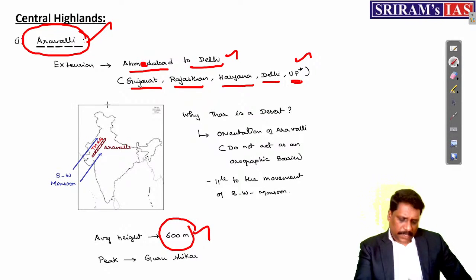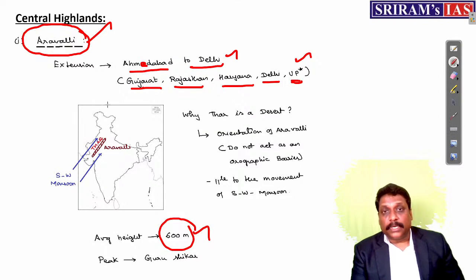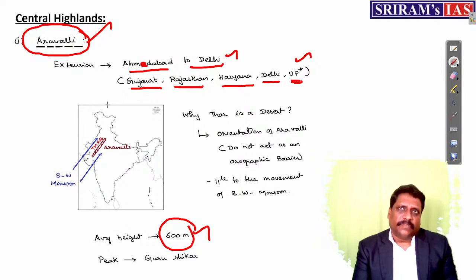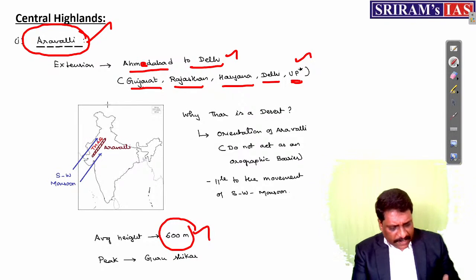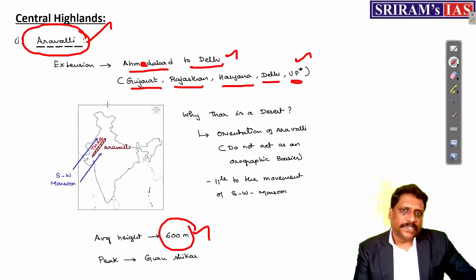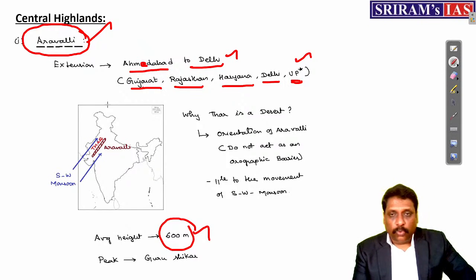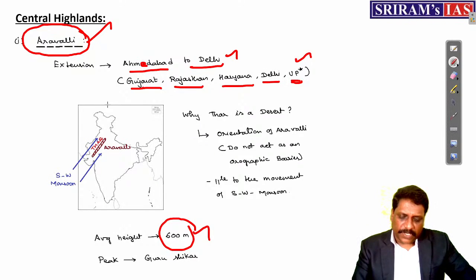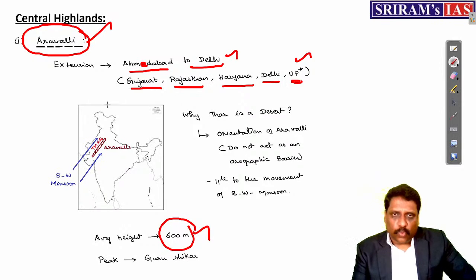See, for example, last class we talked about desert formation. And somewhere I told you, say, for example, what exactly is the primary reason for the formation of a desert? At least I told you that there are three reasons, right? Number one, the perennial effectivity of offshore trade wind. Number two, this region coming under the influence of cold ocean currents. Number three, this region experiencing the presence of permanent high pressure zone.